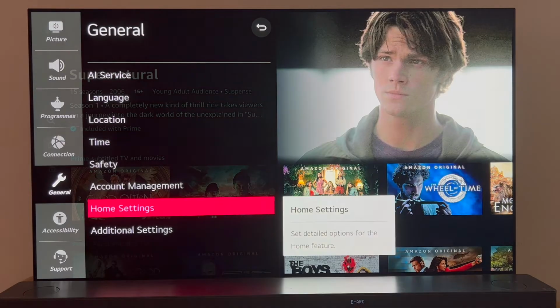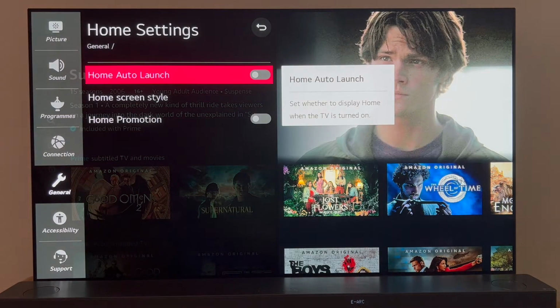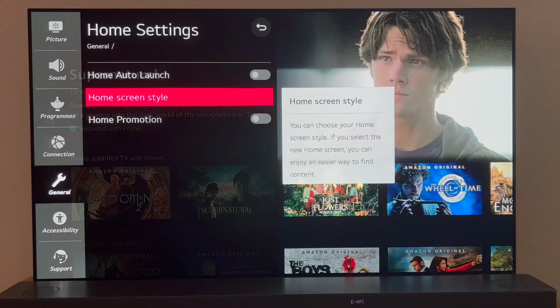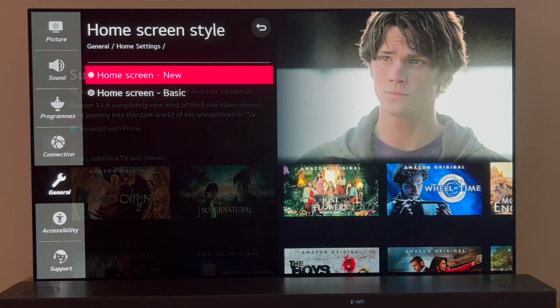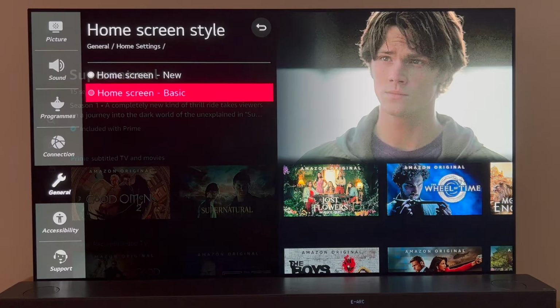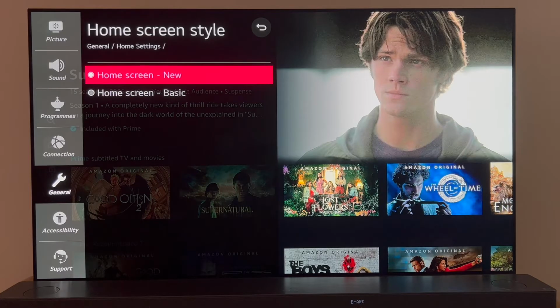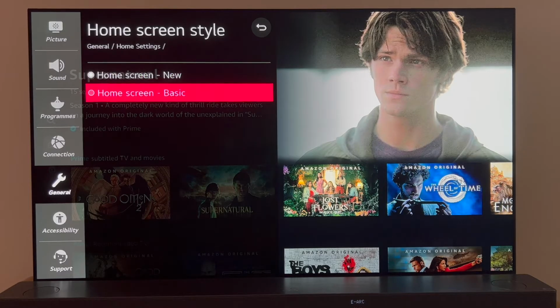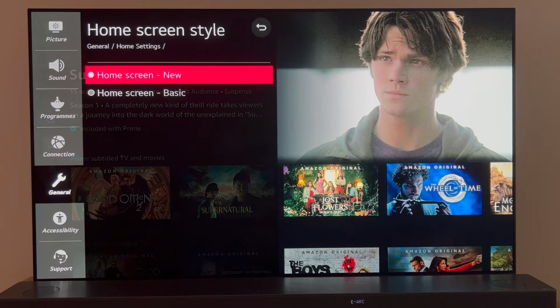Go to General, then you go to Home Settings, and we have here Home Auto Launch, Home Screen Style, and Home Promotion. By default, I kept that off. Here, you choose if you want the newly updated home screen or the previous home screen. Personally, I like the new one, how it looks, so I'm just going to keep it as it is. But if you guys want to go back to basic, you could simply switch to this one. Going back,